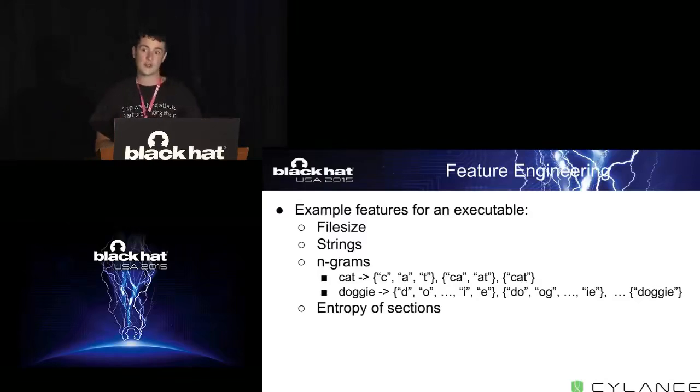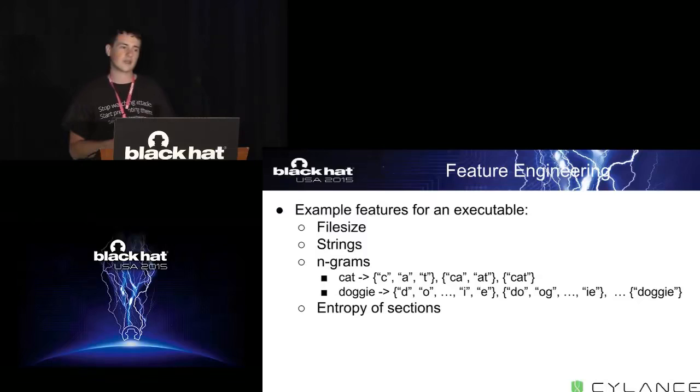You could also use entropy of sections. You would look at all your sections. If a section has very high entropy, that means it probably doesn't contain much executable code. It's probably packed or something like that. Again, being packed isn't necessarily indicative of whether or not it's doing something bad, but with the other evidence, like what the file size is and what kind of strings it contains, your model could learn how to discriminate between good and bad samples.